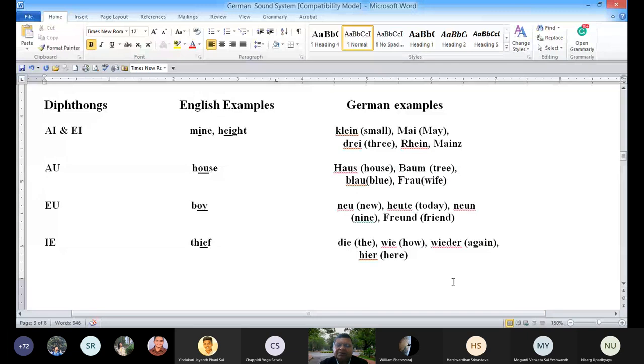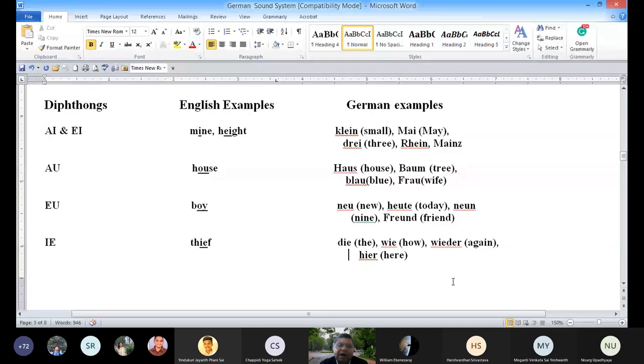He, and slightly O comes with this particular word, so it becomes he. He and then Ra. So these are the 5 diphthongs, and their English equivalents are also given. AI and EI, though the spellings are different, the pronunciation is the same. As you can see, mine and my have the same sound.